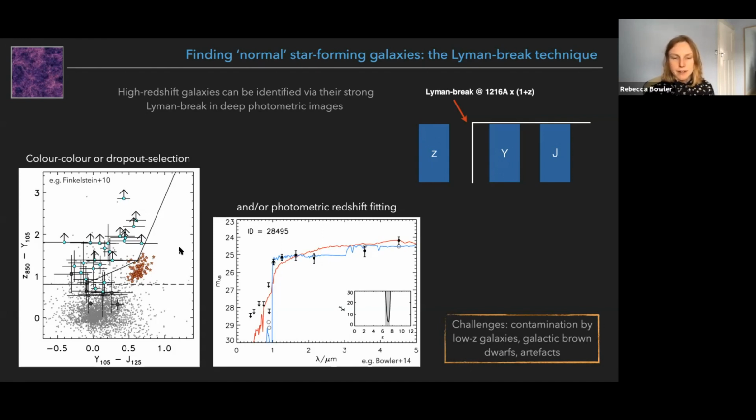And then just due to the fact that we're often pushing the data very hard to find these very exciting but very, very faint sources, sometimes we do in fact encounter artifacts that can look quite similar to high redshift galaxies. So there's a lot of work spent in really cleaning the samples and being very confident that we have a true high redshift galaxy.